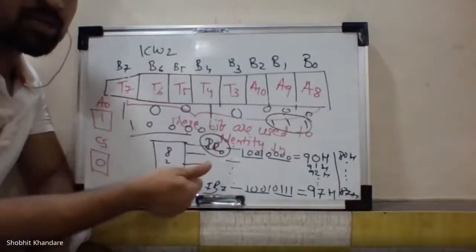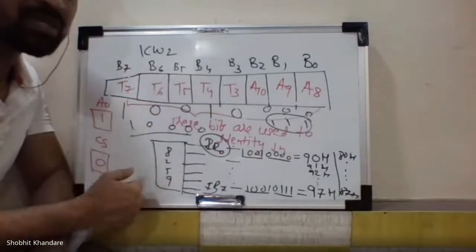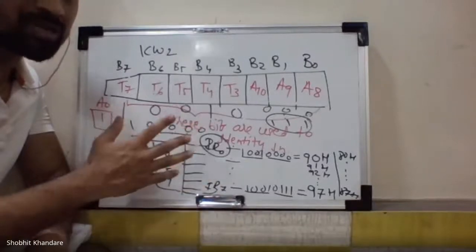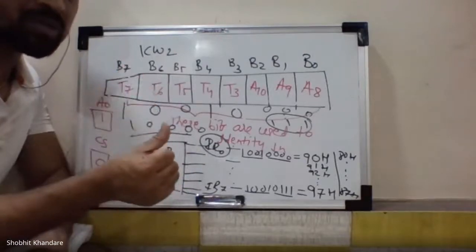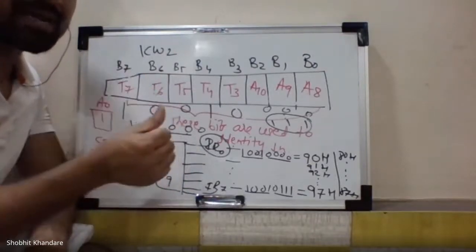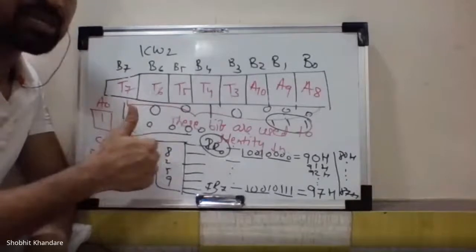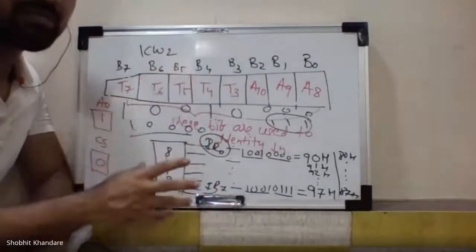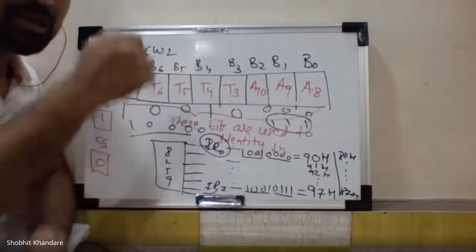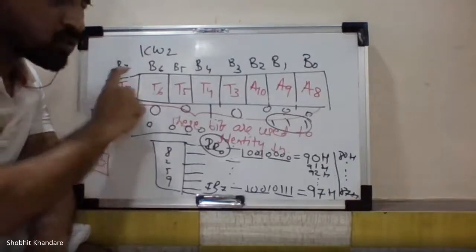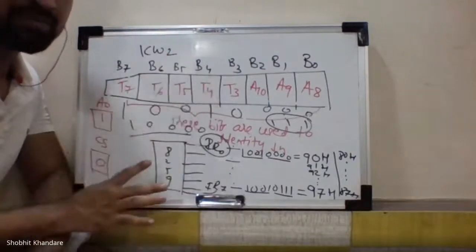and once these tags are allocated, then the corresponding interrupt, of which type, because in ICW1 we saw whether it is level triggered or edge triggered. So every interrupt has to be given some tag, and that tag is nothing but the interrupt type number, and level triggered, edge triggered, everything is associated with each and every command word. So as far as ICW1 is concerned, you have seen what the significance of each bit is. Can I say for ICW2, it is only giving the tag of interrupt type to every interrupt?